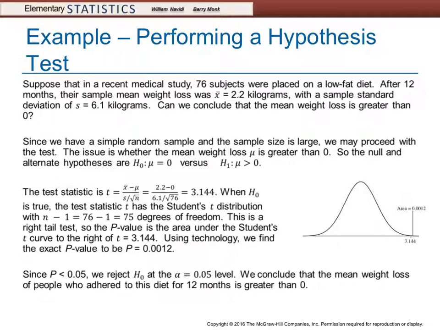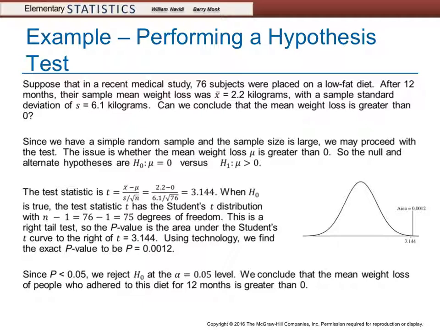Since we have a simple random sample and the sample size is large, we may proceed with the test. The issue is whether the mean weight loss, mu, is greater than 0. So the null and alternative hypotheses are: the null hypothesis is mu is equal to 0 versus H1 where mu